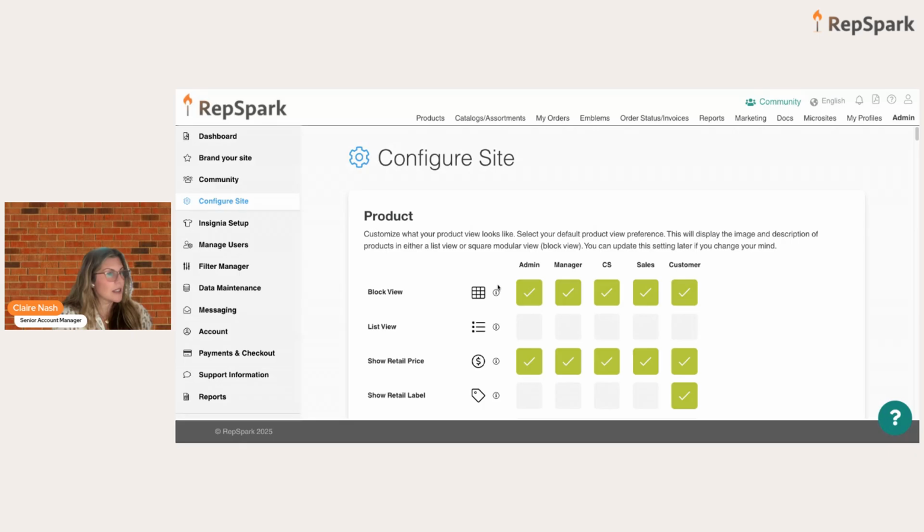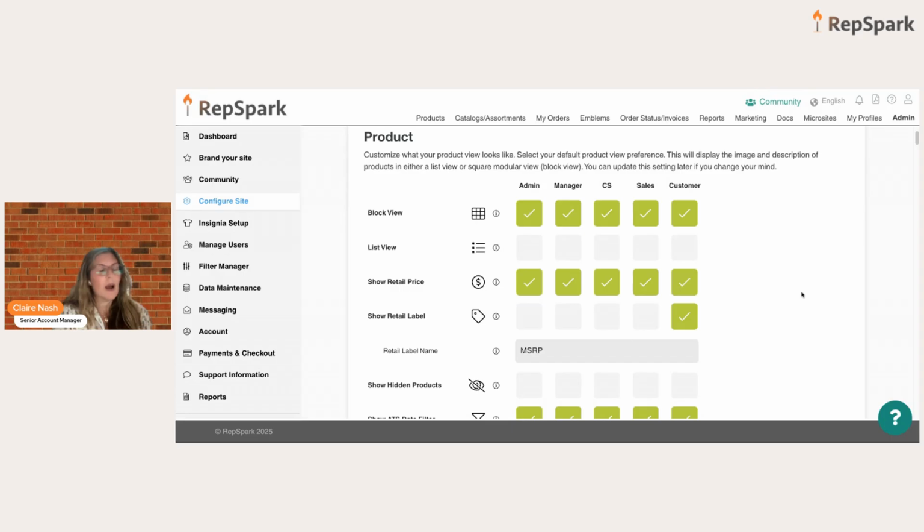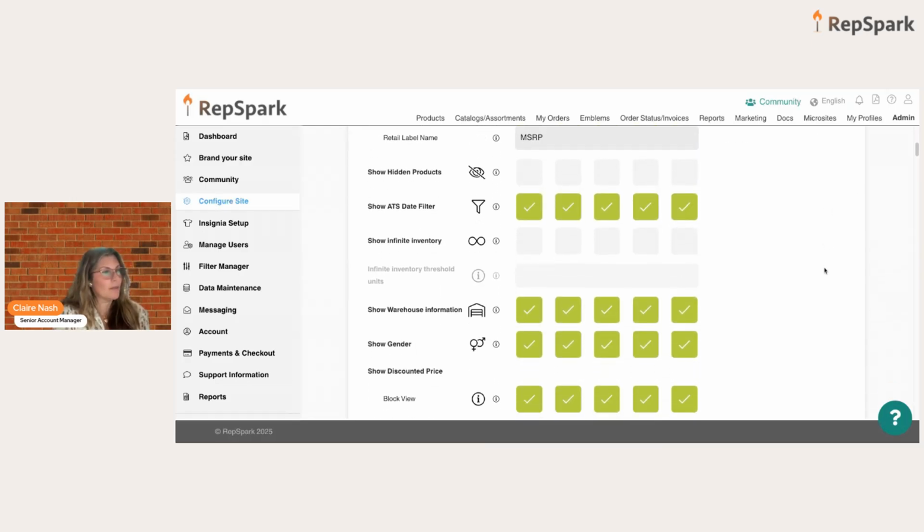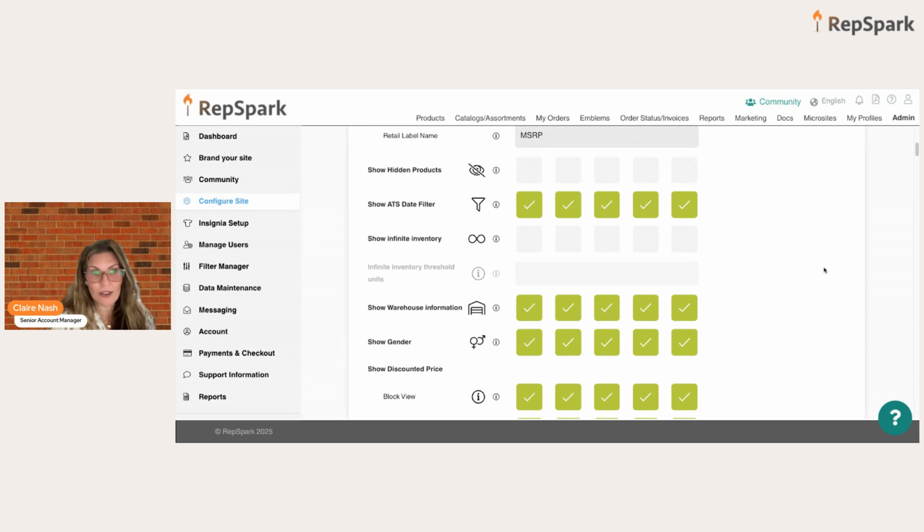Again, a lot of these are kind of self-explanatory. List view if you're showing the retail price. But again, please book a meeting with your account manager for more detail. But for every section, you can hover on the tooltip and it will give you a short description of what it is. But a few most commonly asked things, and this is something, again, no custom work, is what do